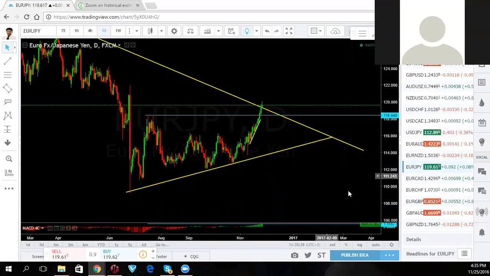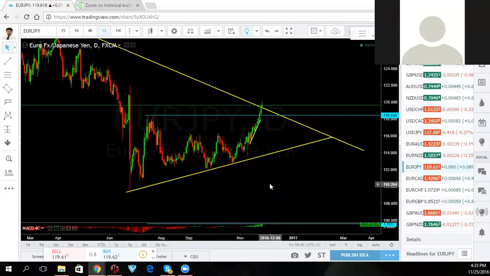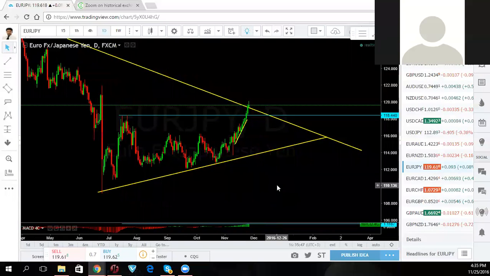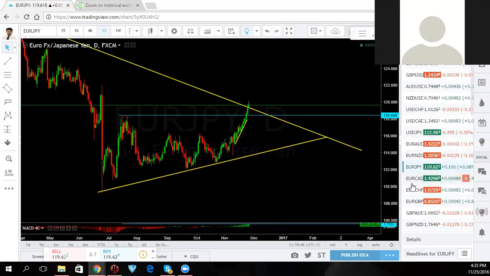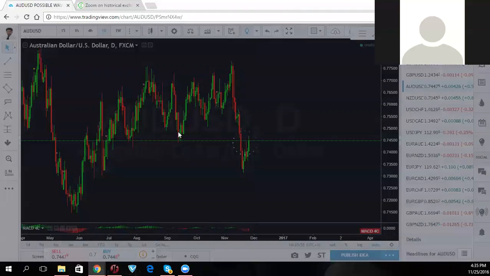Don't try to explain to me why you think it's going to go, because you have no idea. I think the Feds have very little idea, much less you telling me why you think it's going to happen. So what we look for in the charts are patterns, and these patterns, we come back to the ones that work well. Look at the Aussie chart. Isn't this amazing? You can't guess this, guys. Look at this chart. This is not guesswork.